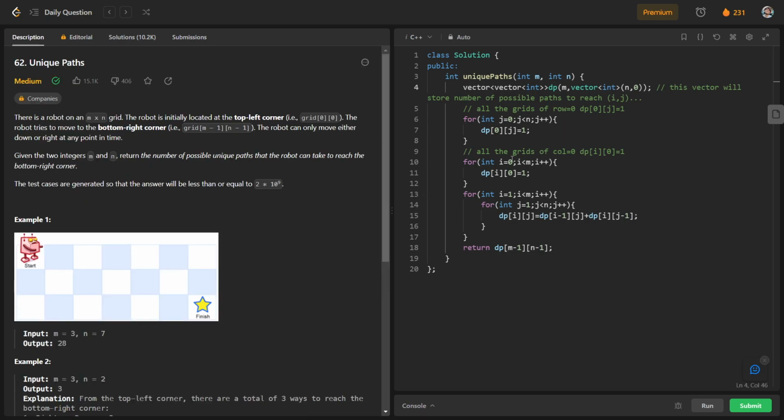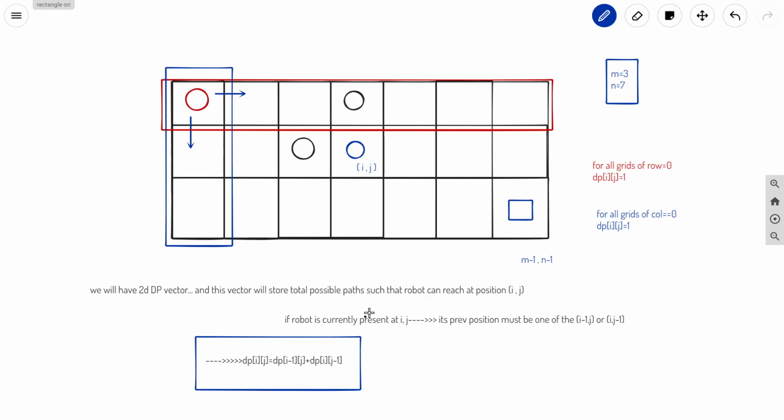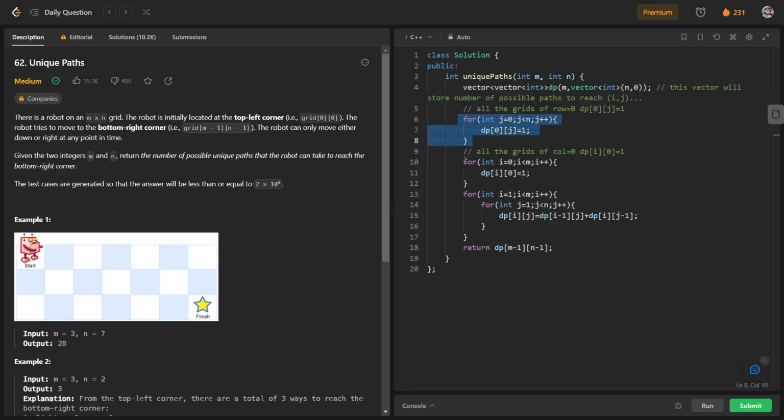So I will again try to explain this code. What we were doing, we first discussed any general grid i comma j. So the total number of paths for i comma j is nothing but the total number of paths for i minus 1 comma j and the total number of paths for i comma j minus 1. We will take the summation of both, and for all the grids of 0th row and 0th column, there is only one path, so we will set dp of i comma j for both the cases to 1, and otherwise we will use this formula. So that's what we have done. This is for both the base cases, and this was for all the general grids. So in this way we have solved this question.